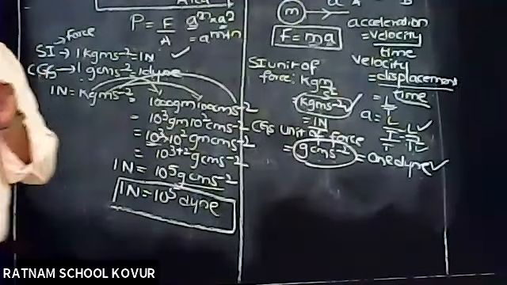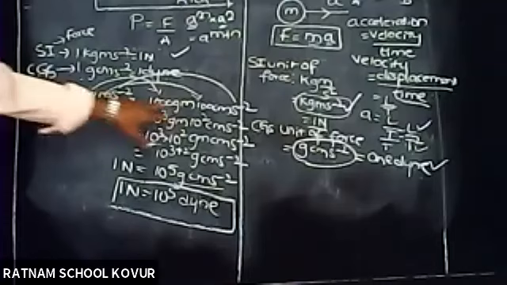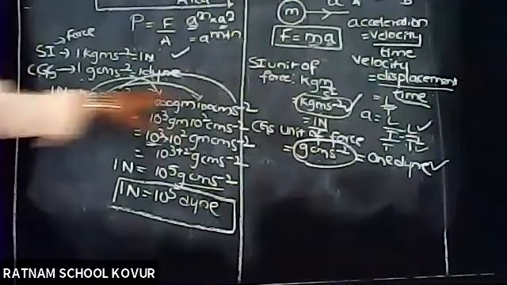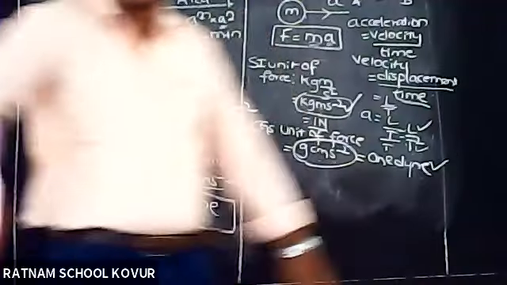Sir, there we have changed SI unit into CGS unit, sir. One by one you ask. There we have changed SI unit into CGS unit. Yes, 1 kg is equal to 1000 grams. 1 meter is equal to 100 centimeters. Second is same. Once again, SI unit we have to convert into CGS unit.